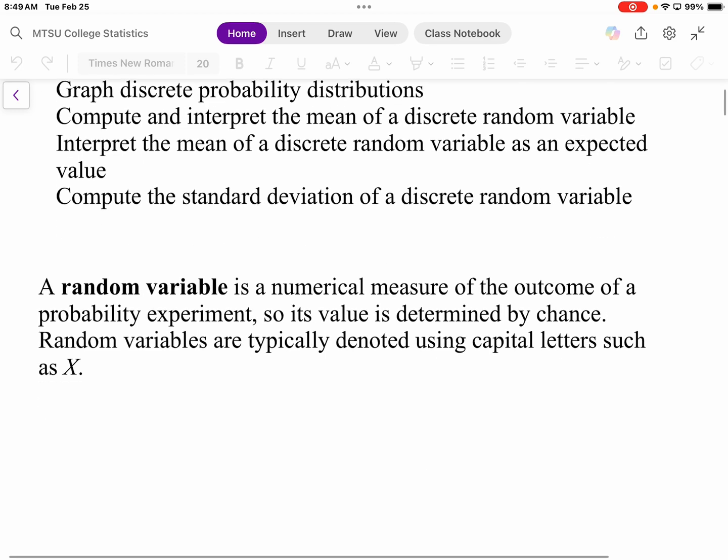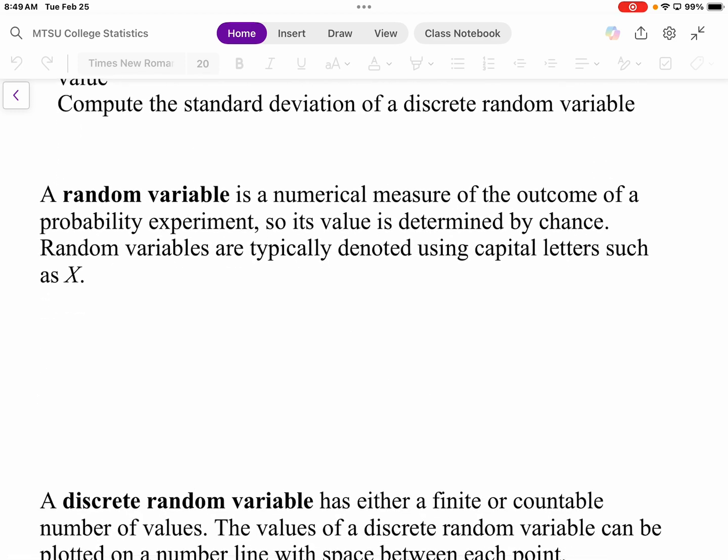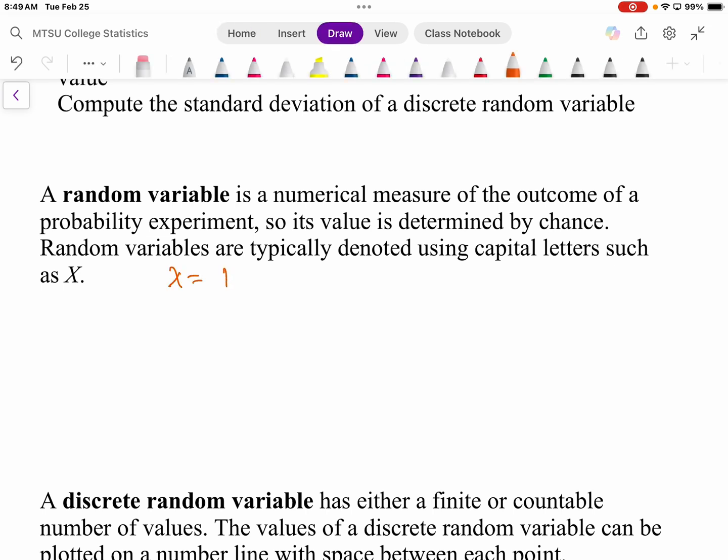Here we go as we look at definitions. A random variable is a numerical measure of an outcome of a probability experiment, so its value is determined by chance. Random variables are typically denoted by capital letters such as X. So usually they'll define a random variable by saying X is equal to the number of heads